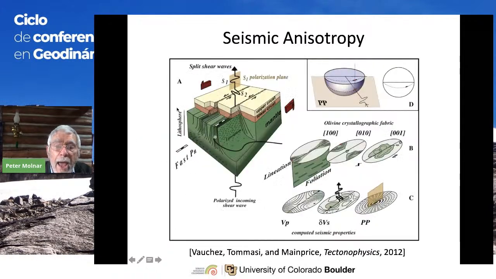And an S wave coming out of the deep Earth, a seismogram like this, would go into this anisotropic region, and the faster of the quasi-S waves would be polarized parallel to the faults, and the slower would be polarized perpendicular. So one can measure crudely the strain that's occurring that gives rise to this anisotropy.